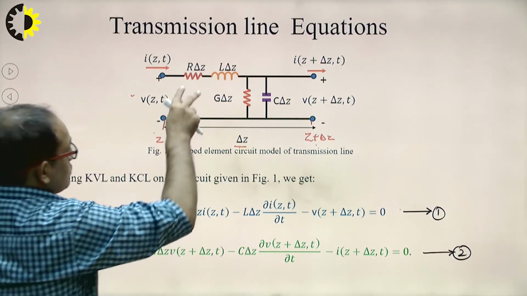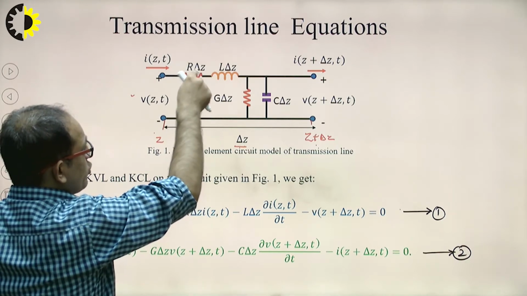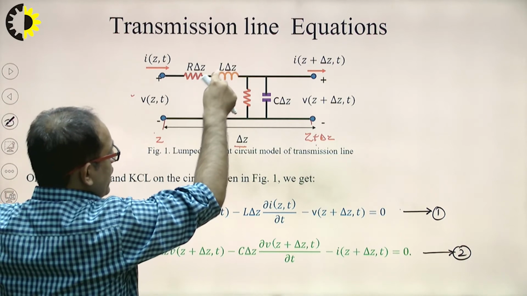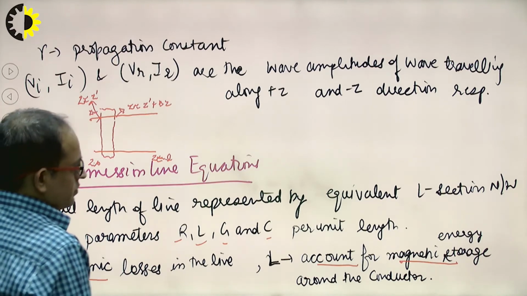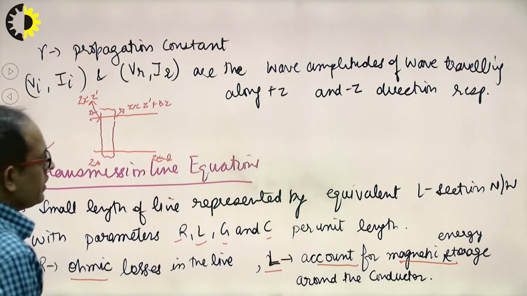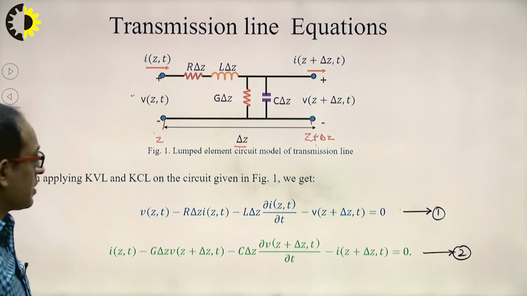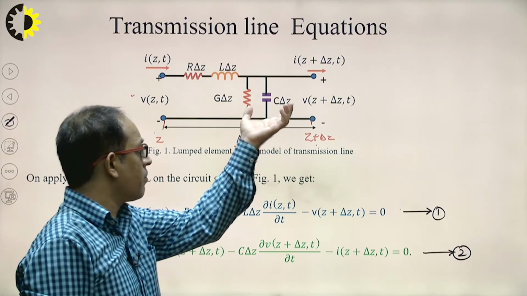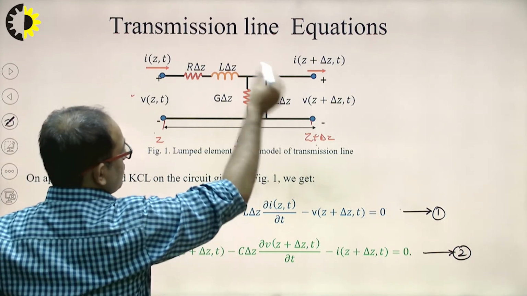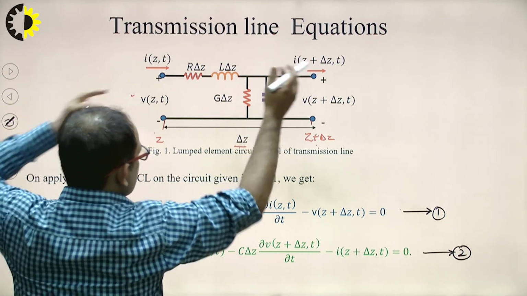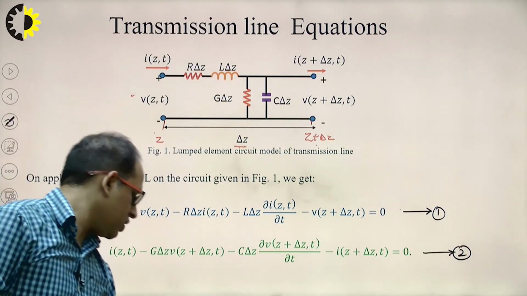Now see, this one is the resistance per unit length. So overall resistance will be R into delta z. Inductance will be L into delta z, because L represents the inductance per unit length. Similarly, G and C represent the conductance and capacitance per unit length, and the overall capacitance will be C into delta z for this small portion of transmission line, and G represents the conductance, that will be G into delta z. Now we will find out the